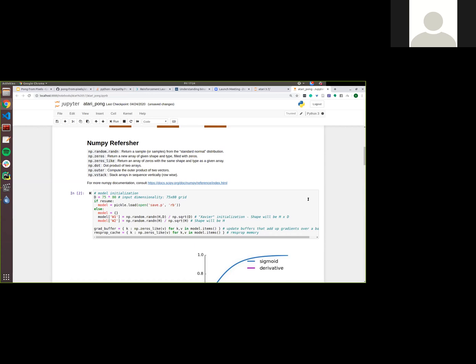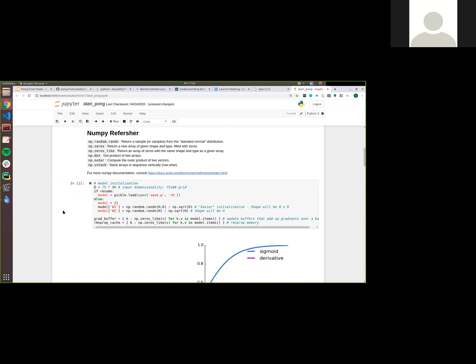All right, so here we have the model initialization. So first up, we have the two weights here that we're going to define. W1 are the weights between network layers 1 and 2. And W2 is,